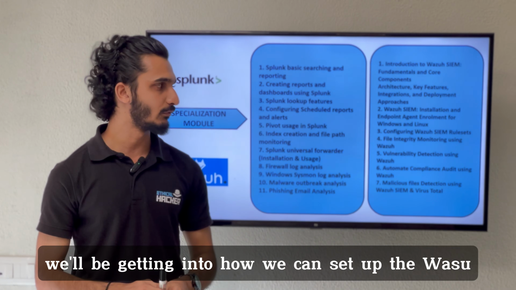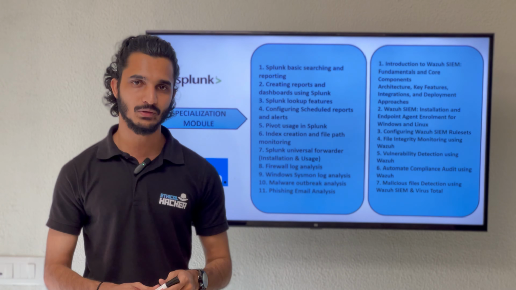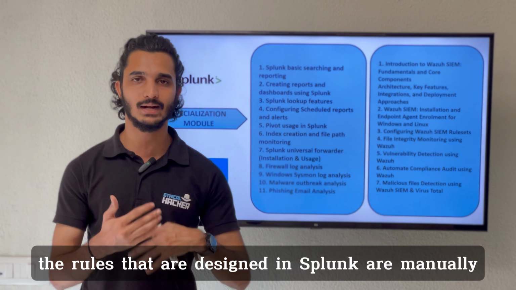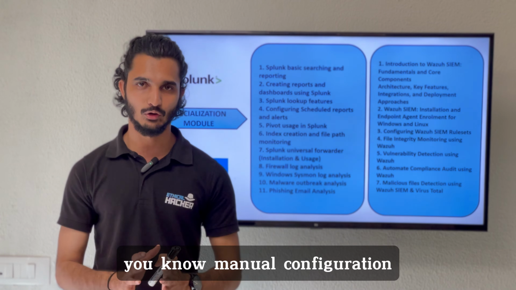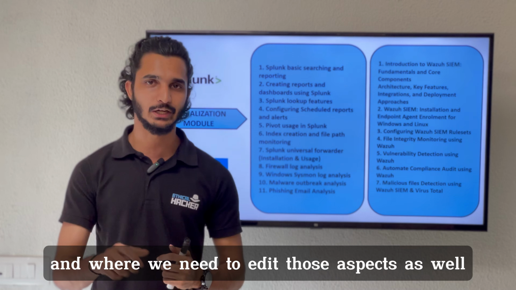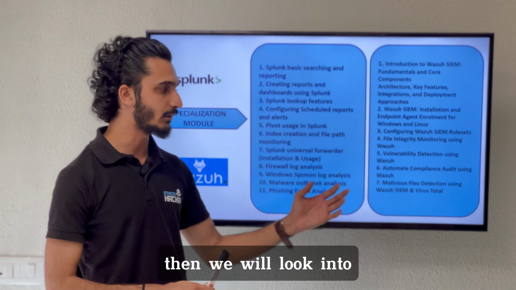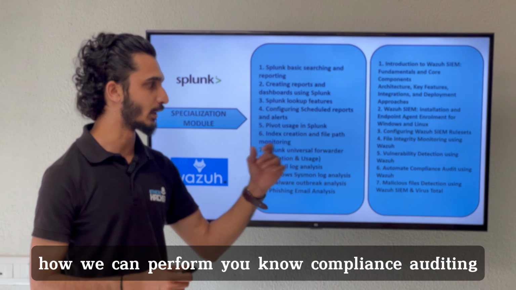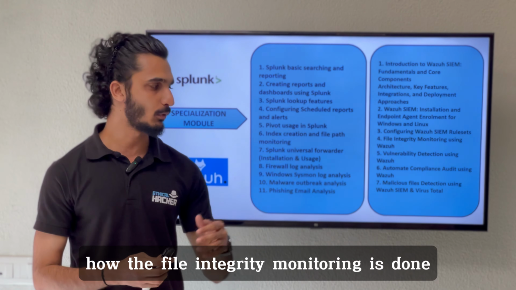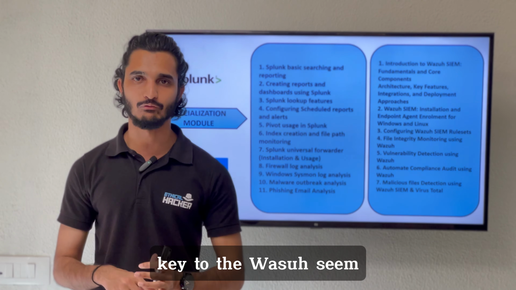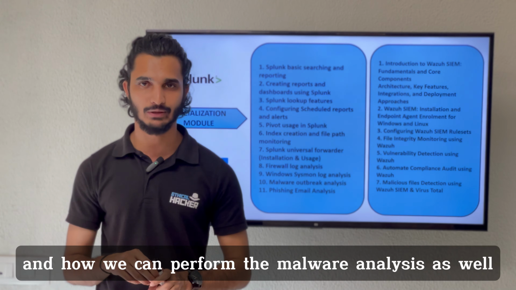And then we'll be getting into how we can set up Wazuh on our Linux devices, then how we can configure the rule set, because the rules that are designed in Splunk are manual configuration. So we need to understand how these files have been configured and where we need to edit those aspects as well. Then we will look into how we can detect vulnerabilities using Wazuh, how we can perform compliance auditing, how file integrity monitoring is done, and how we can detect malicious files using VirusTotal, that is, integration of the VirusTotal API key